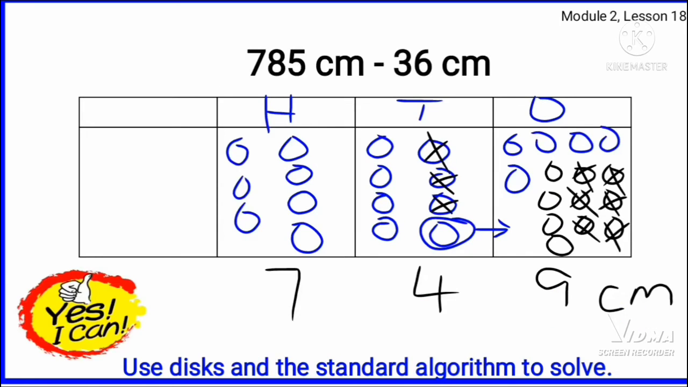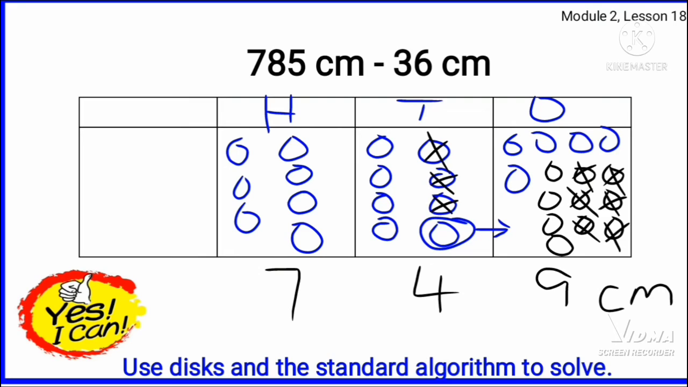Let us solve this one. 785 minus 36 centimeters. You see my 785 on the place value chart. I use this. Now